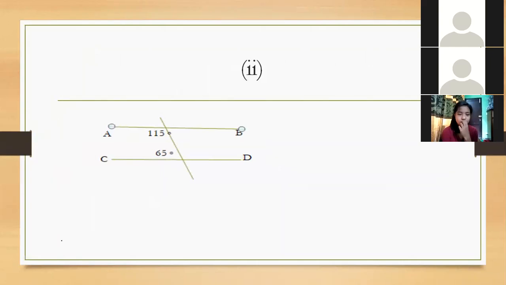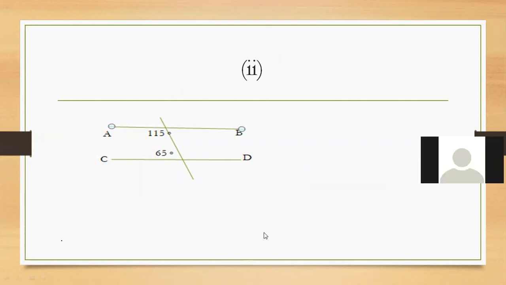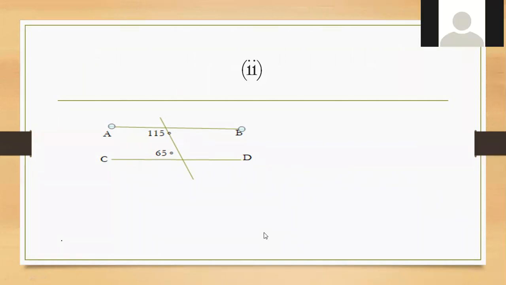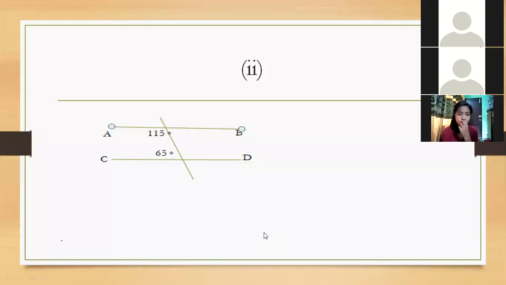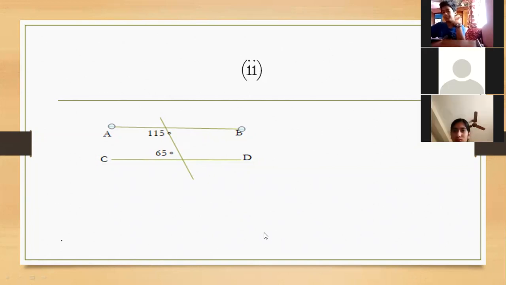Okay, sir. Now can you tell me, are these pair of lines parallel or not? These two lines AB and CD, parallel or not? Please take part actively in the class activities. Don't hide yourself. Keep the video on and tell the answer. Are these given pair of lines parallel? Yes, sir. Yes, very good.